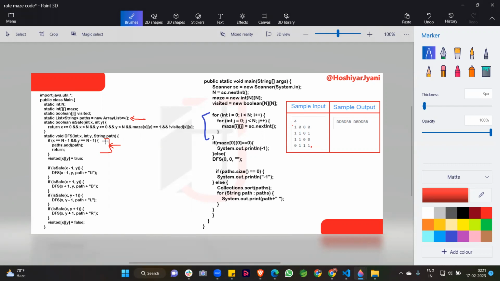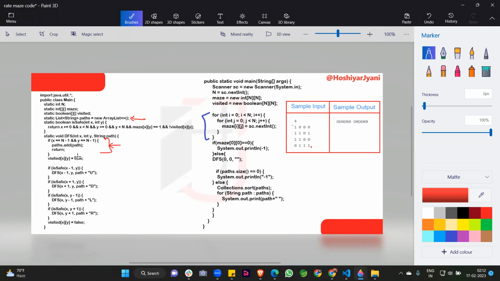So what is path here? Path is simply a string. At the first call we pass an empty string, and we add the U, D, L, R values at the time of the recursive calls. We are going further because this is the base condition, which I explained to you.